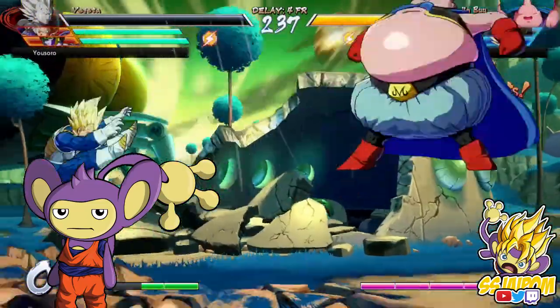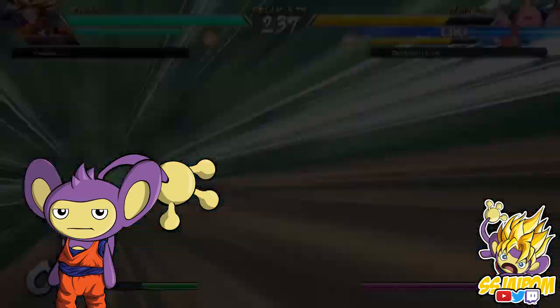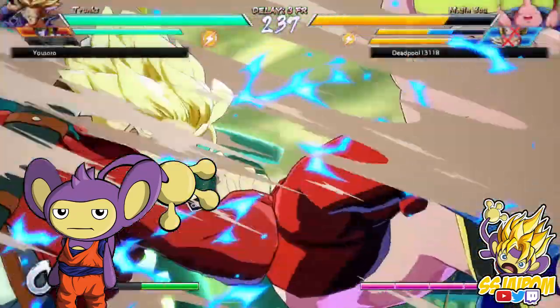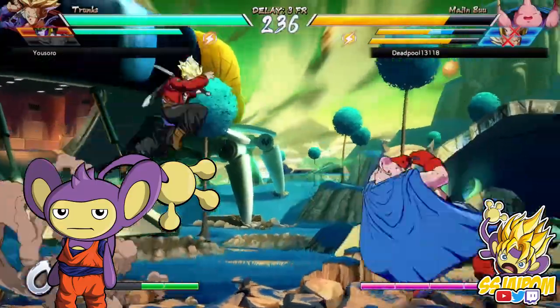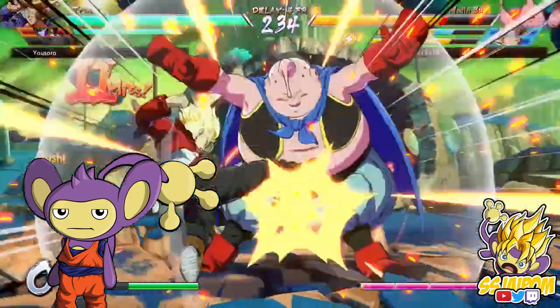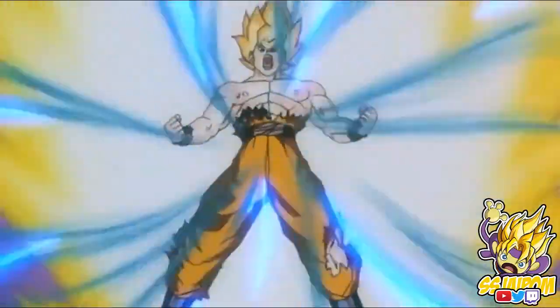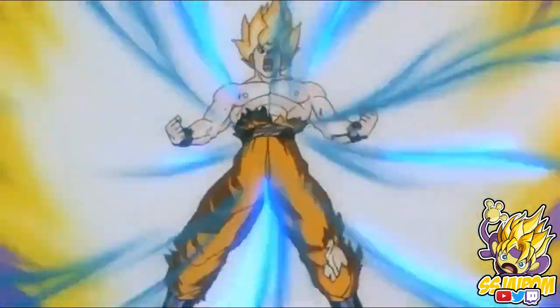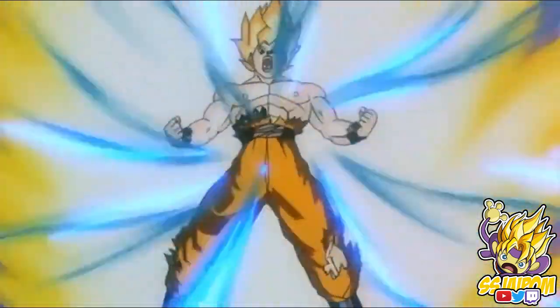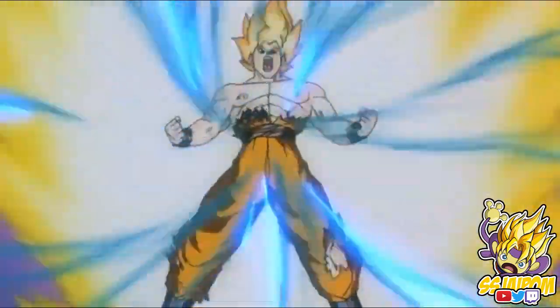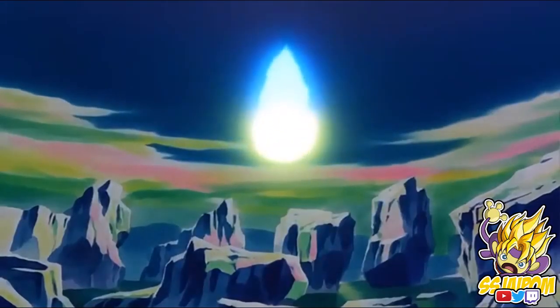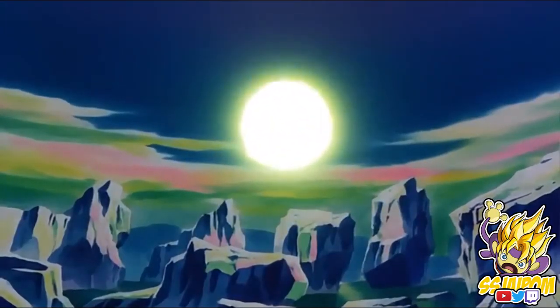But that's not all, guys. It would be okay if he just stopped there, but no. We're going to dig all the way in there. Make sure the knuckles are touching the prostate. You gotta understand. He begins to absorb the Spirit Bomb into himself. This is something we've never seen him able to do, never learned how to do, never alluded to being able to do. Guys, you can take out your hand now.